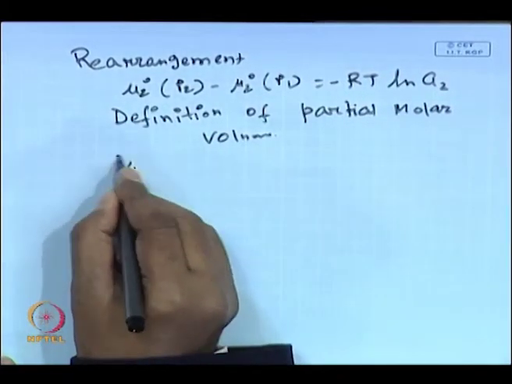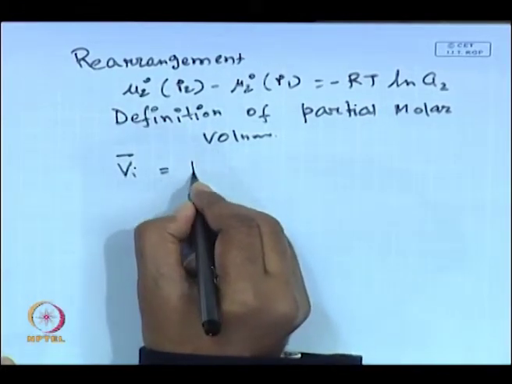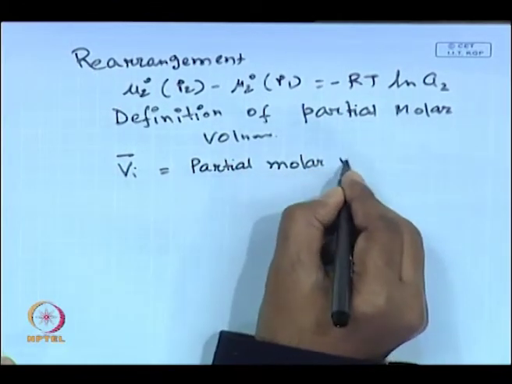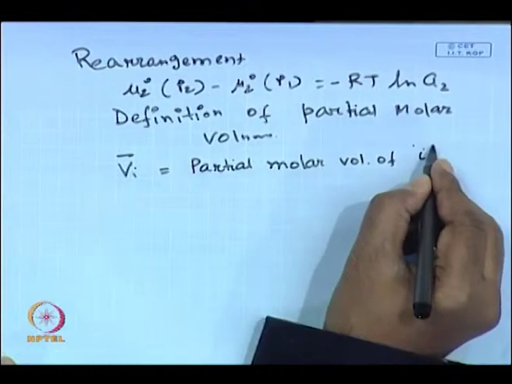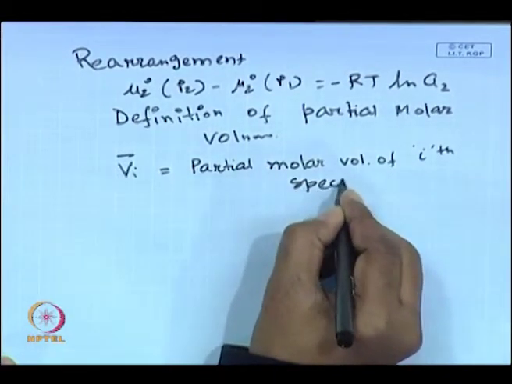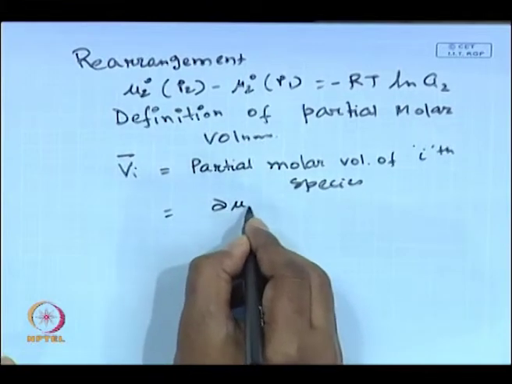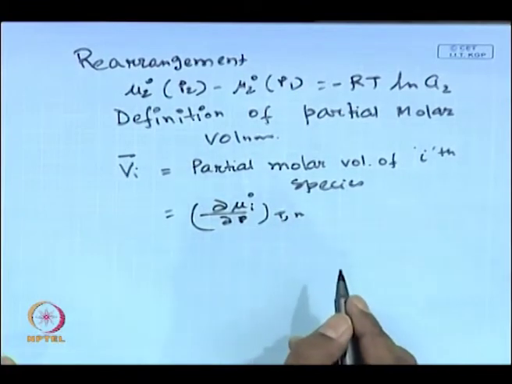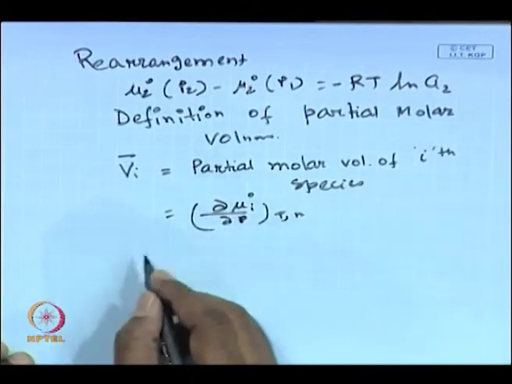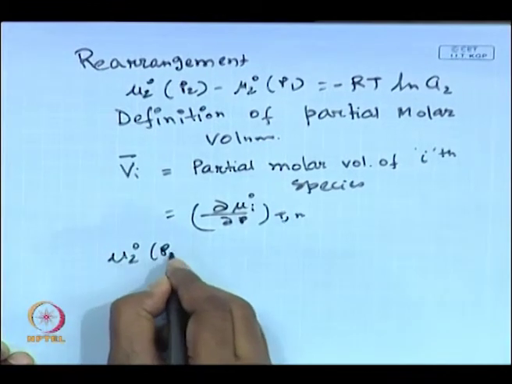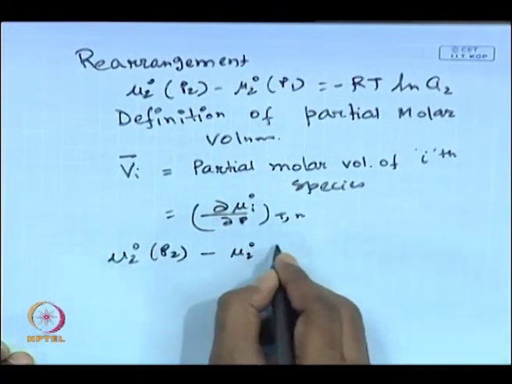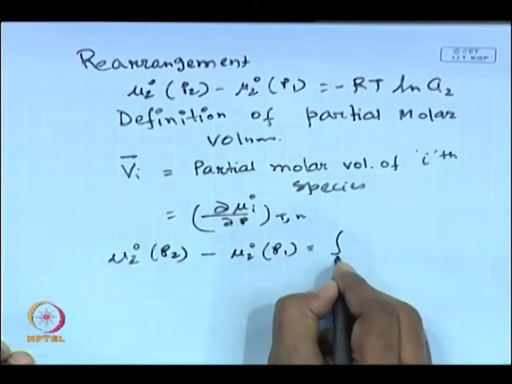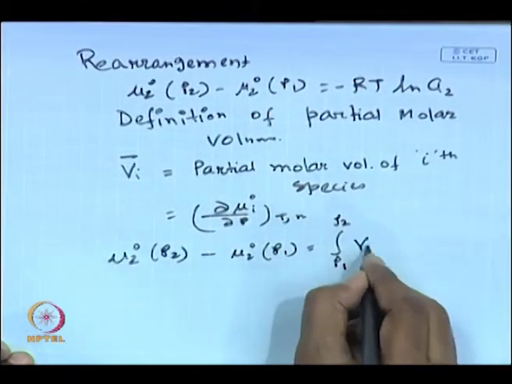What is the definition? Vi bar is basically the partial molar volume of the ith species. This is nothing but del mu i naught del P at constant temperature and concentration. So, this equation can be written as mu 2 naught at P2 minus mu 2 naught at P1 is equal to the integration from P1 to P2 of V2 bar